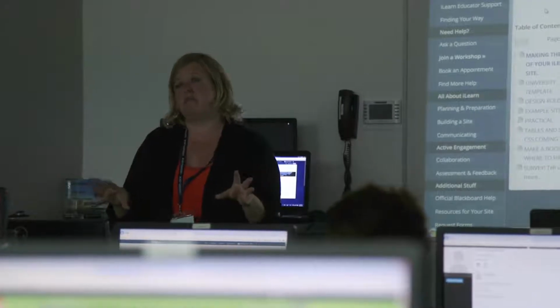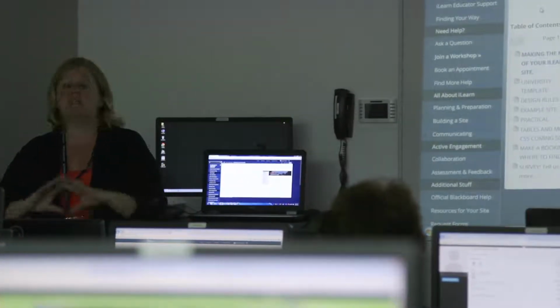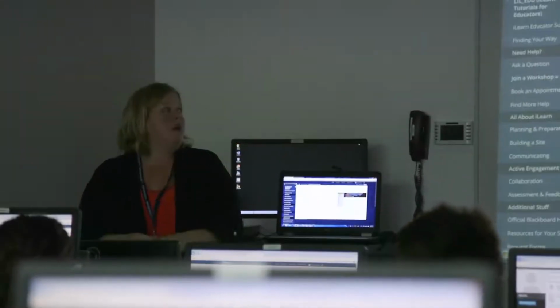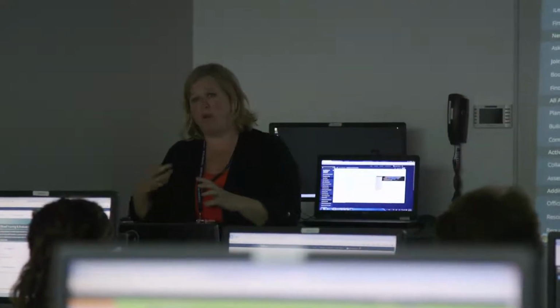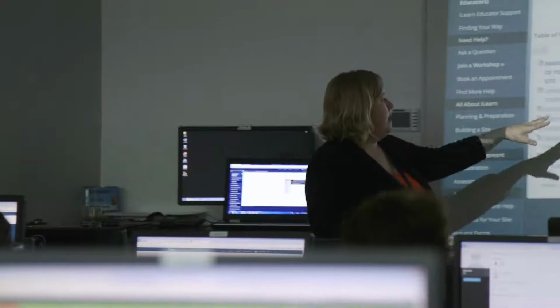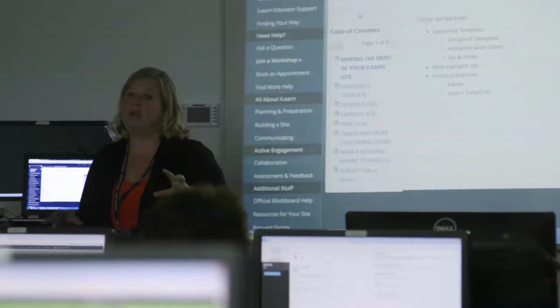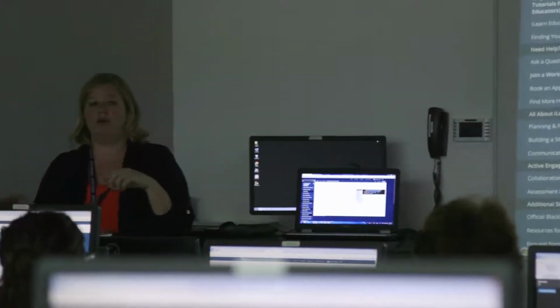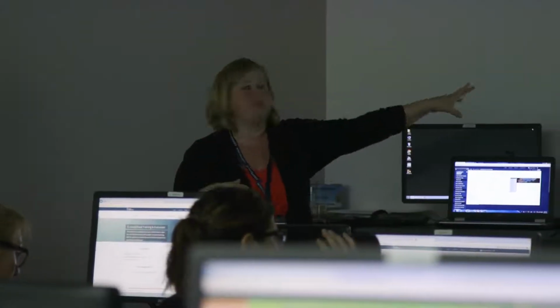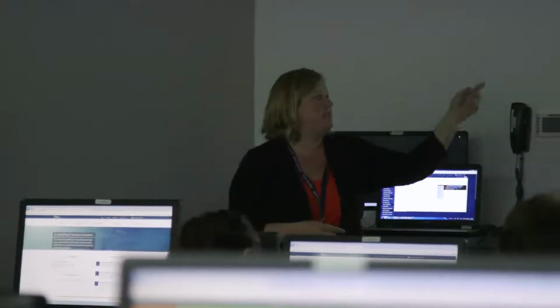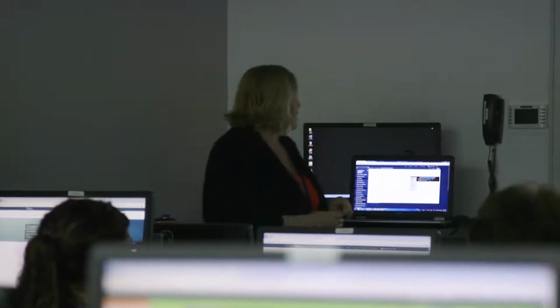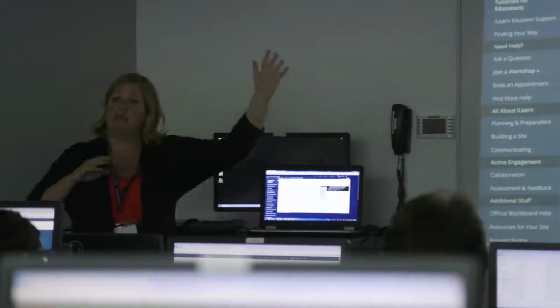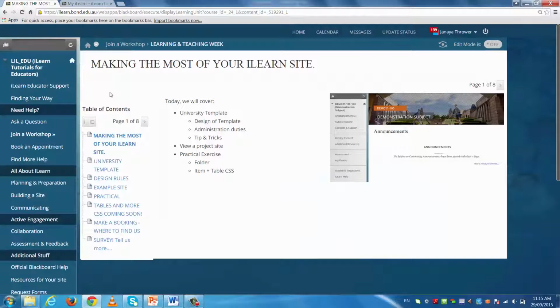I've only had a maximum of 8 hours to play with it. It's still not finished, it's a work in progress. I'll actually do some work on it in front of you just to demonstrate what can be done. And then we're just going to, hopefully for about 20 minutes, half an hour, do a couple of tasks in iLearn using your evaluation sites and demonstrate some of the design techniques that we've implemented in the university template. So I'm just going to bring up the demo version of it and take you through the university